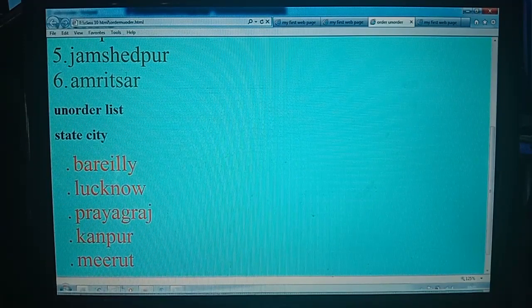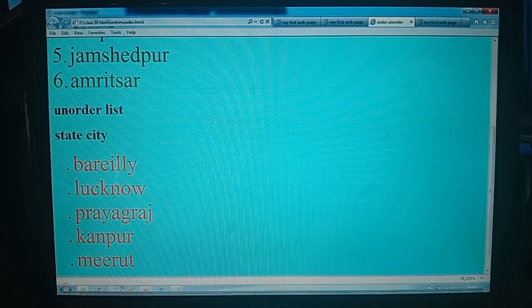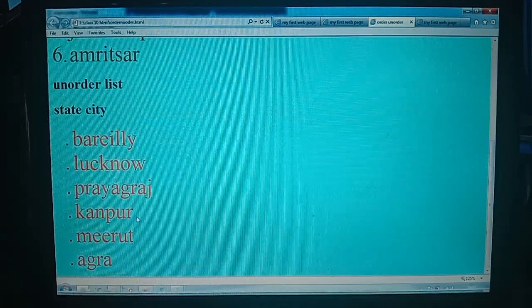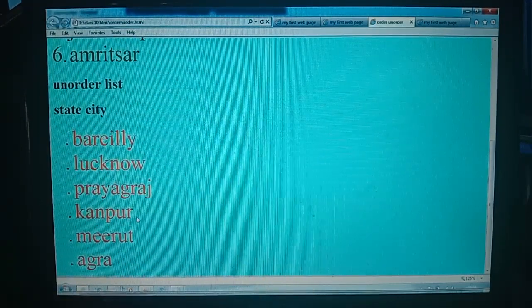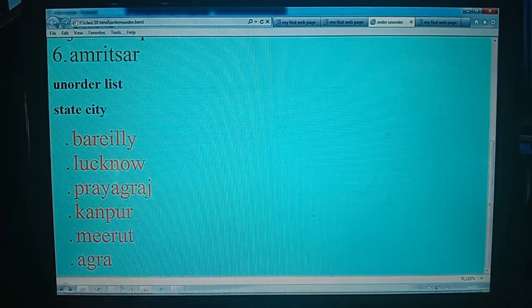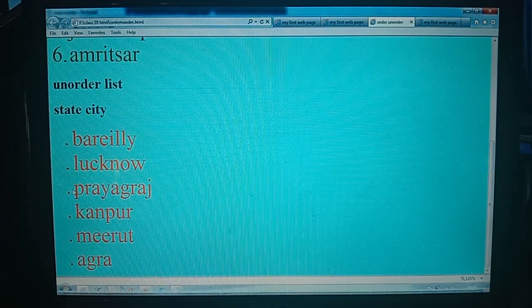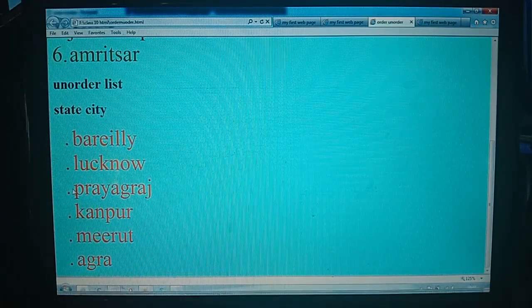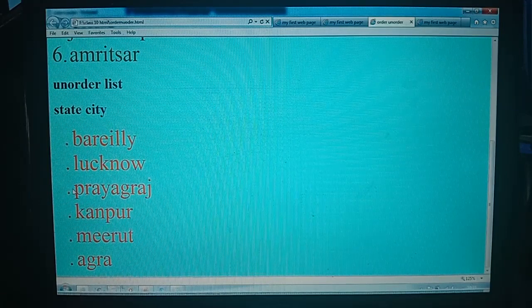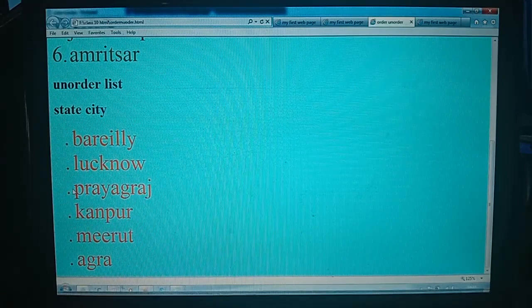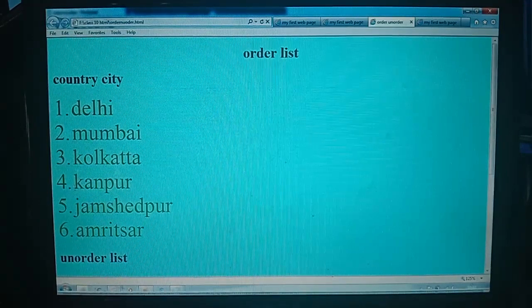This color was green, this color is red, with different state city and country city names. So we have mentioned this accordingly. This is the unordered list. Unordered means a bulleted list, with a special symbol at the start of each line. Normally there are three types: disk, square and circle.